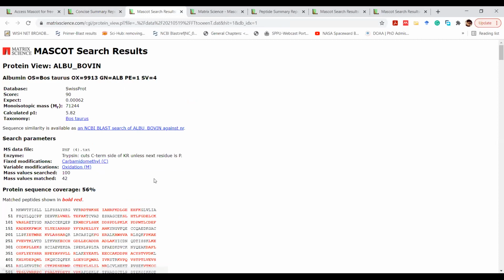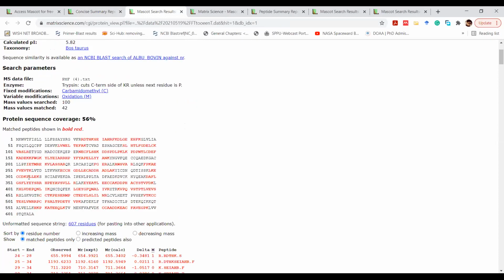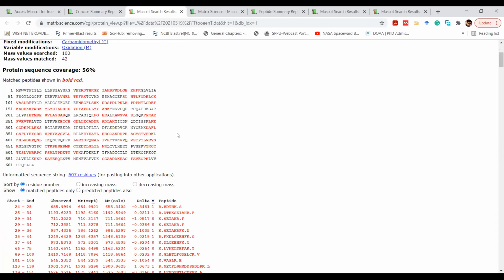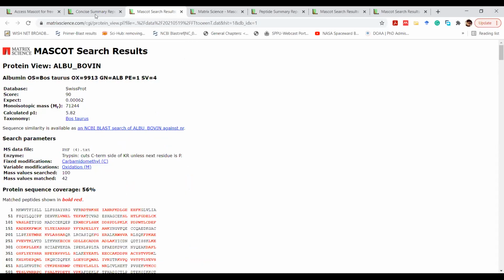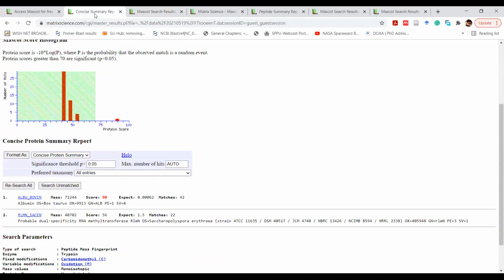So let's go and have a look at it. Yes, so these are the matched regions that are seen in bold red. These are the peptides that, oh, okay. So not exactly 1 and 2 peptides, but these are the peptides that have matched with it. As you can see, the score is not as good as it comes in the MSMS ion search, because that has been given spectral list data, which is even more specific, even more rich data in that sense.